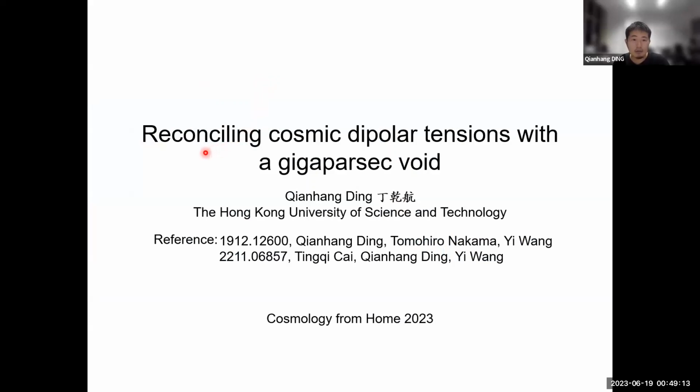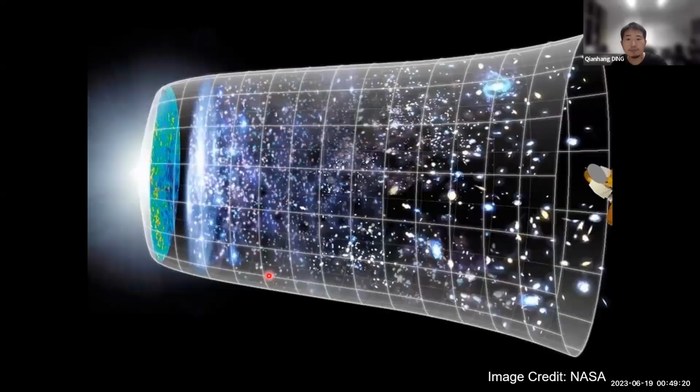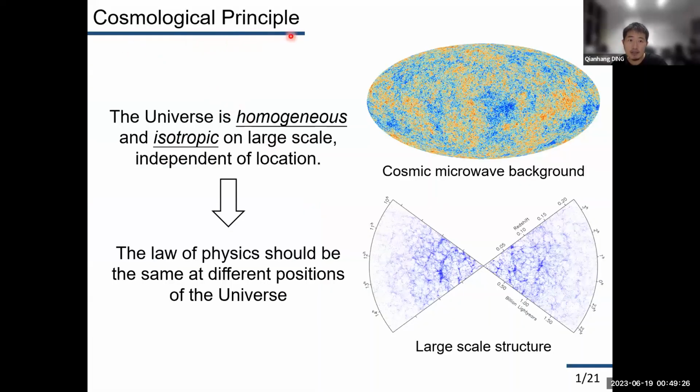My talk is about reconciling cosmic dipolar tensions with a GPC scale void, which is based on two papers. The cosmological standard model is based on a very important principle, that is the cosmological principle. Our universe is homogeneous and isotropic on large scales, independent of location. The cosmological principle indicates a very important result, that is, the laws of physics should be the same at different